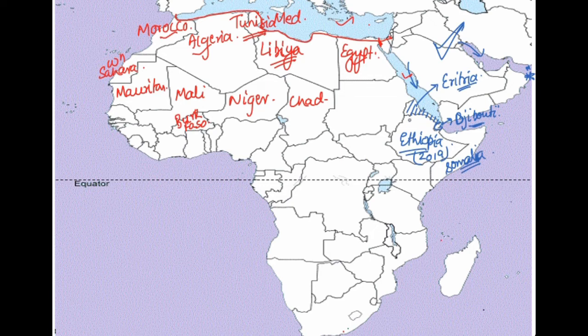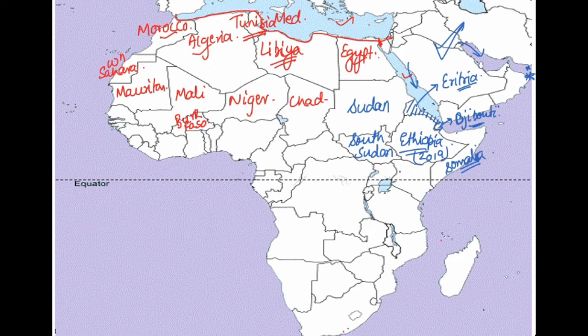इथियोपिया, अब आगे हम जाएंगे इथियोपिया के वेस्ट में. इथियोपिया के वेस्ट में there are two countries which is called Sudan, and south of it we have South Sudan. So South Sudan is the newest country that exists on the map of world. और एक और इंटरेस्टिंग फैक्ट यहाँ पे ये है कि we must have heard about UN peacekeeping forces. India is a country which contributes the largest number of personnel in UN peacekeeping forces. और ये जो soldiers हैं, a large number of these soldiers are posted right now in South Sudan, and they are doing extremely very good work. So with this we have completed our Northeast Africa.